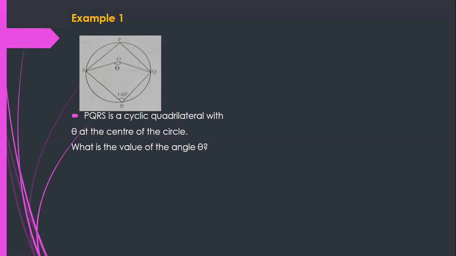That is, the opposite angles of a cyclic quadrilateral are supplementary. This angle R, or SRQ, is opposite SPQ, and this is also opposite to this. So we call these two angles supplementary angles. So we say